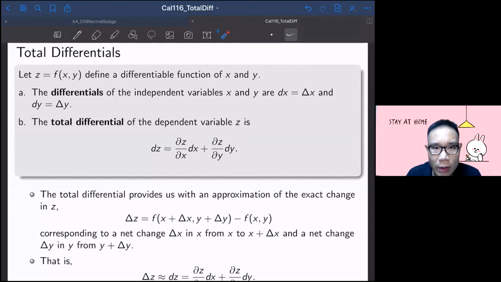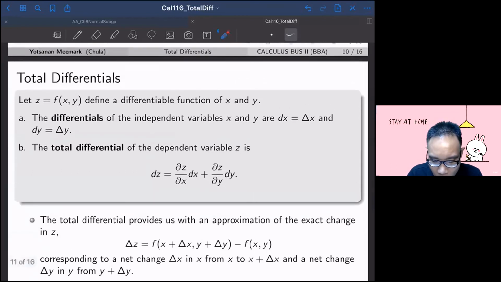So you're going to have delta x and delta y, where delta x is the change in variable x, and delta y is the change in variable y accordingly. And the total differential will be dz. Normally, if you recall,